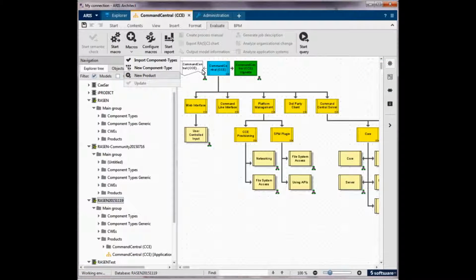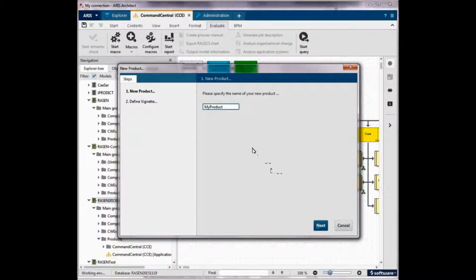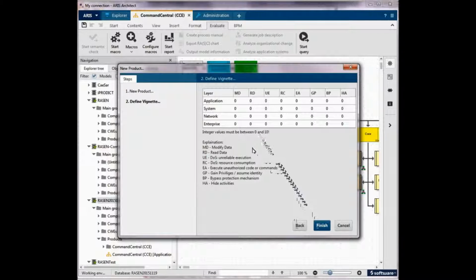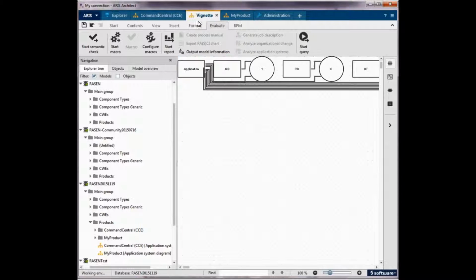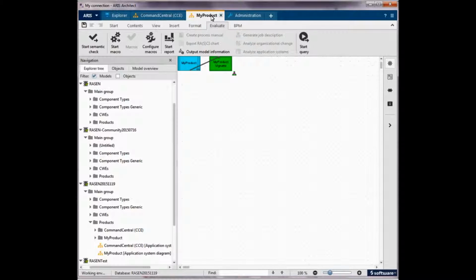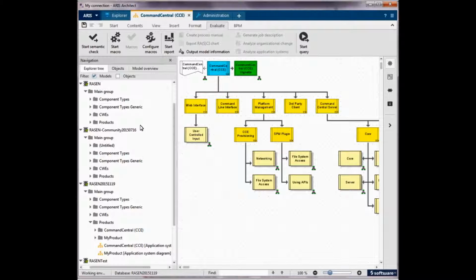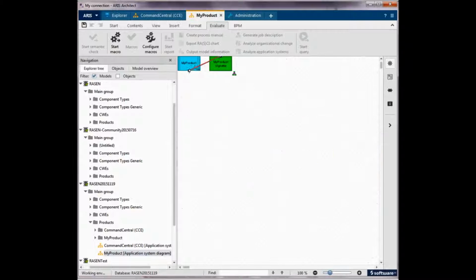Now this looks in practice as follows. From the dropdown, you select the new product macro. In the vignette, you define the application scenario, which describes the deployment of the product, where the product is deployed, and the macro will generate automatically a vignette and an empty model for your new product. Then you can open this new product that you just created